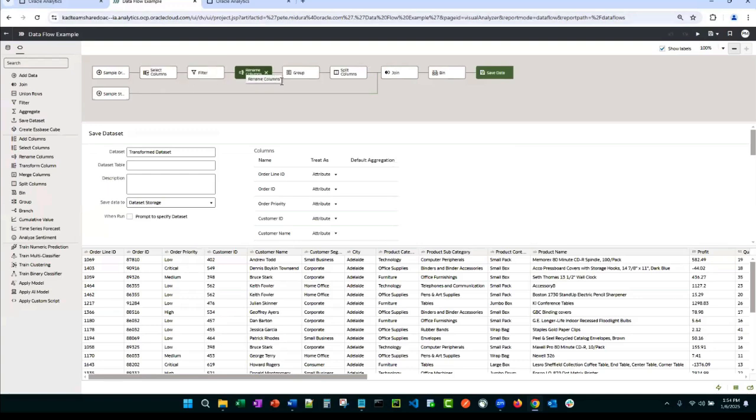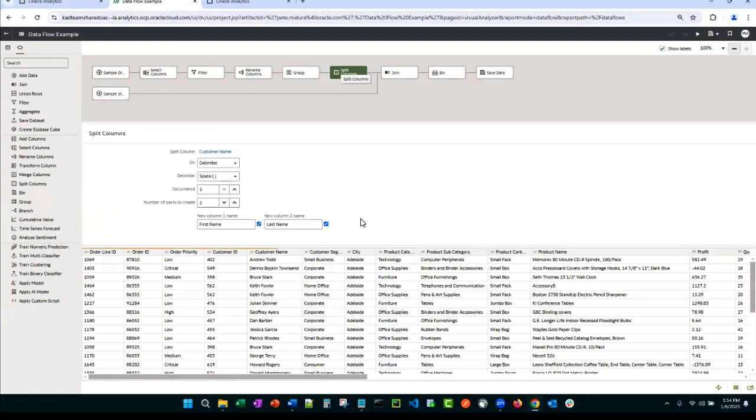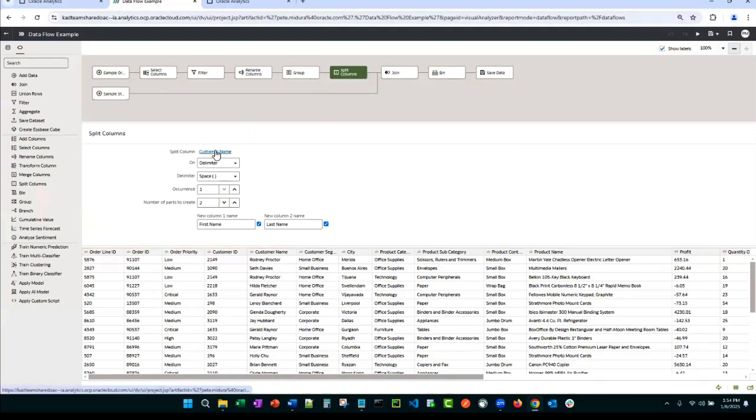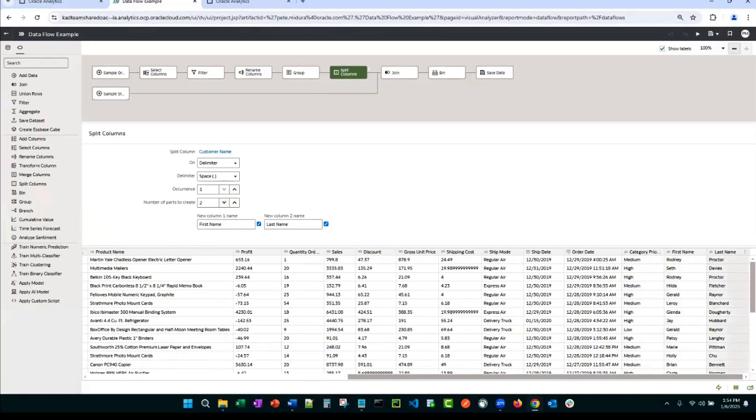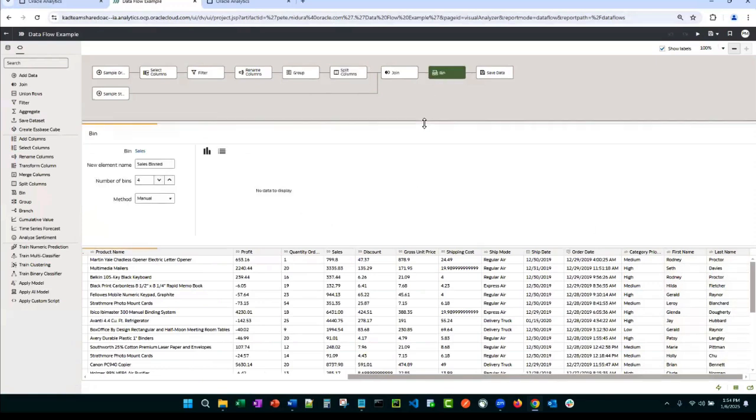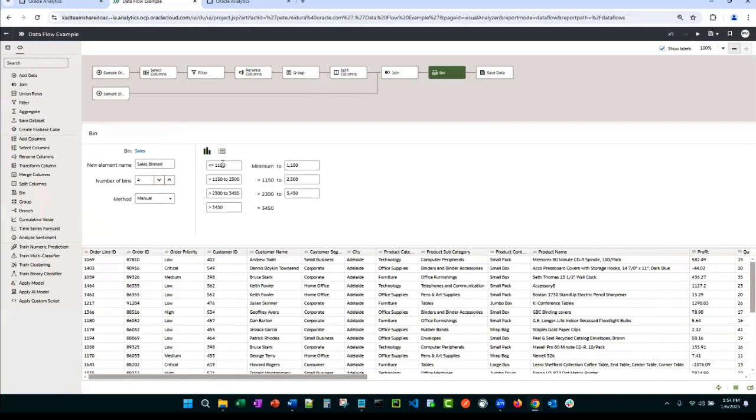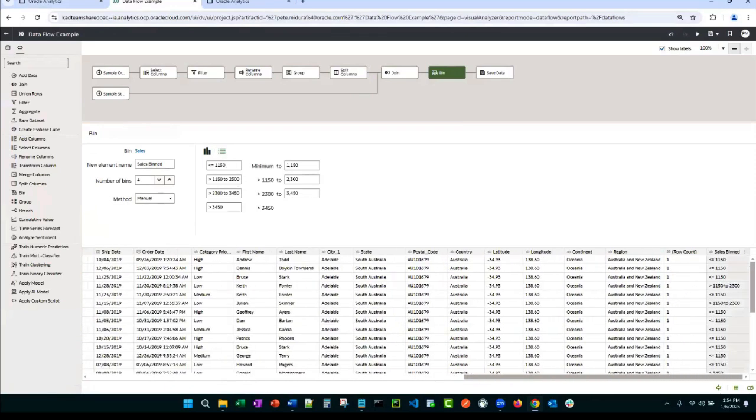They're really wizards. So for example, if I look at split columns, well, what do I want to split? Customer name. I want to split it into two using the space delimiter. All wizard driven. If I come over here, there are my two columns, first name, last name. If I come to bin, once again, wizard, you can really customize any of your binning. And if I look down here, that's my new bin column. So very powerful, very flexible, and very easy to use, using most of the common features that analysts need to transform and enhance their data.